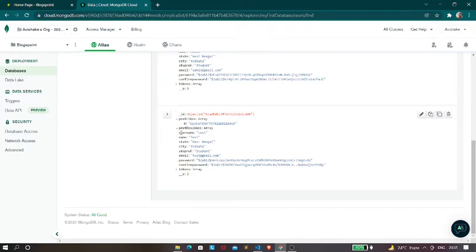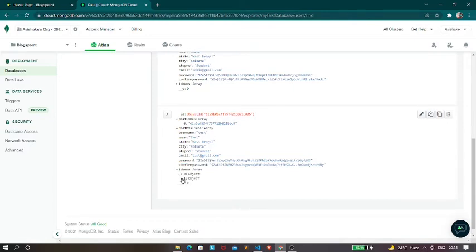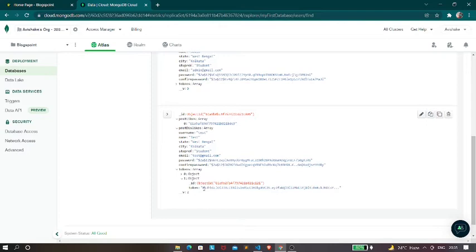And over here we are taking the username. Here we are taking the name. Then we have state, city, student or professor. Then we have email. Then we have password, and finally we have the confirm password. And we have also another field, which is the token field. Now in this token field we are actually storing the token.